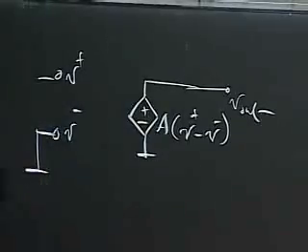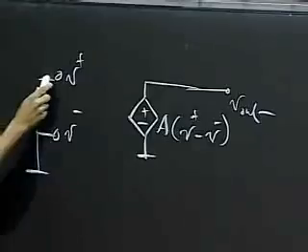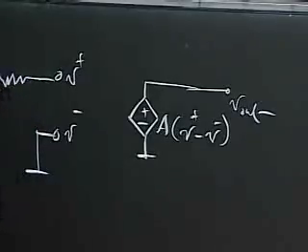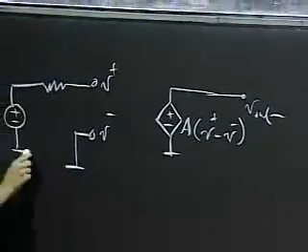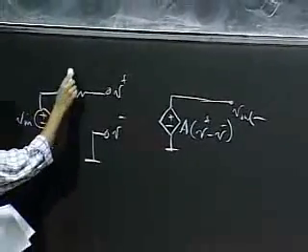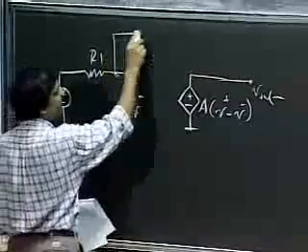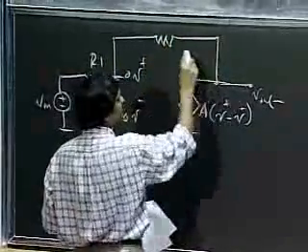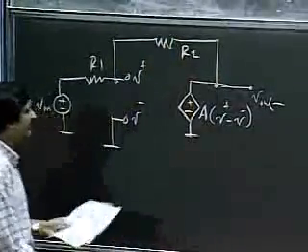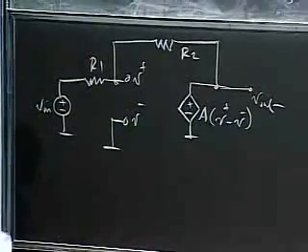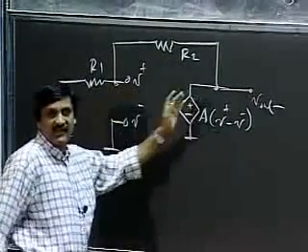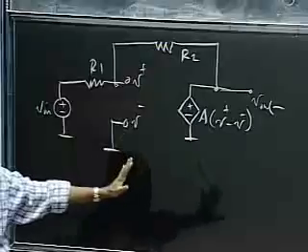So I've grounded my V minus terminal. My V plus terminal goes through a resistor R1 and a supply V in to ground. This terminal goes to the output through a resistor R2. So this is the equivalent circuit,